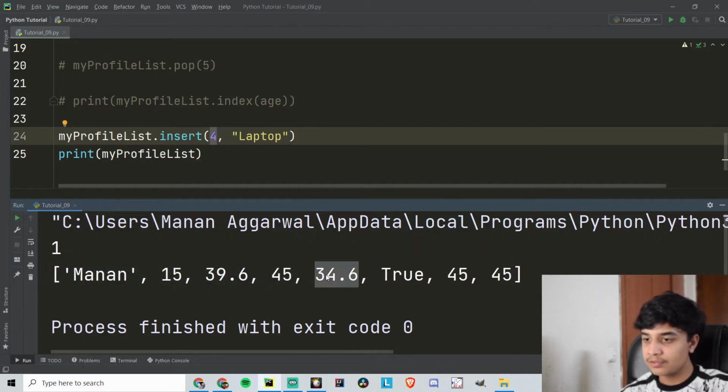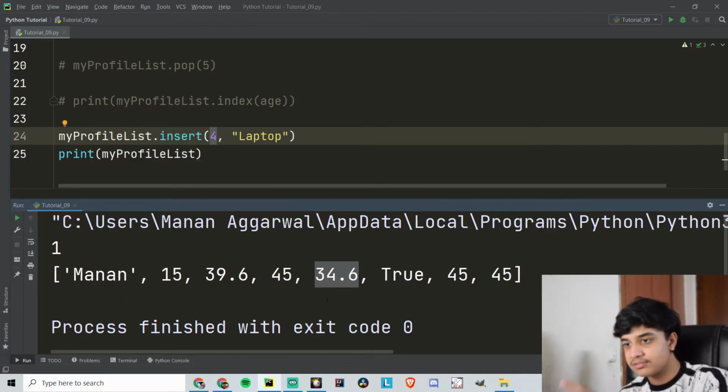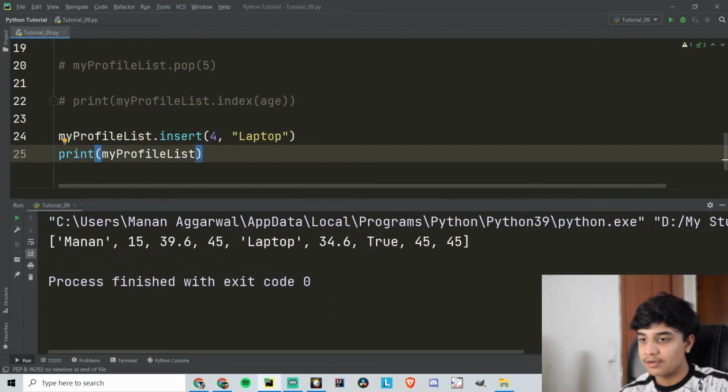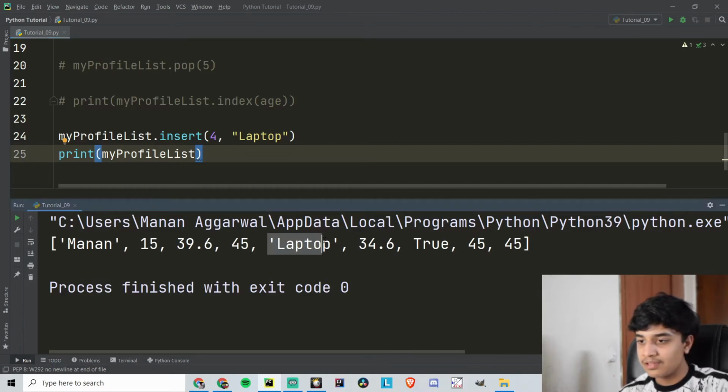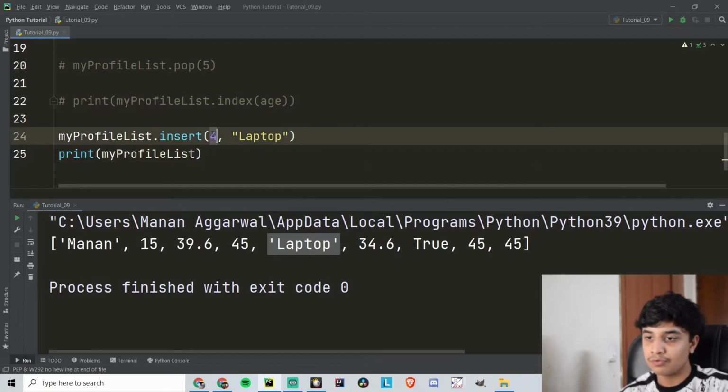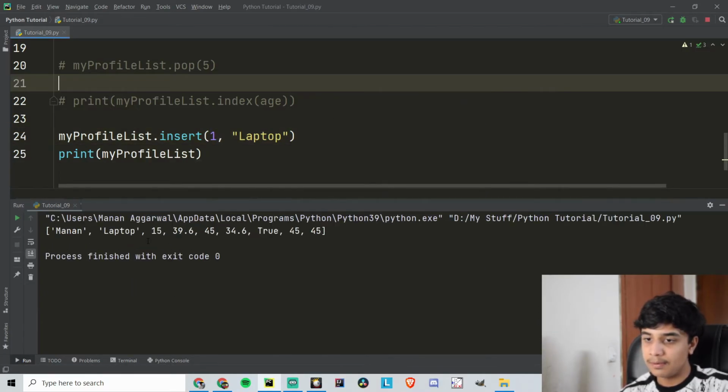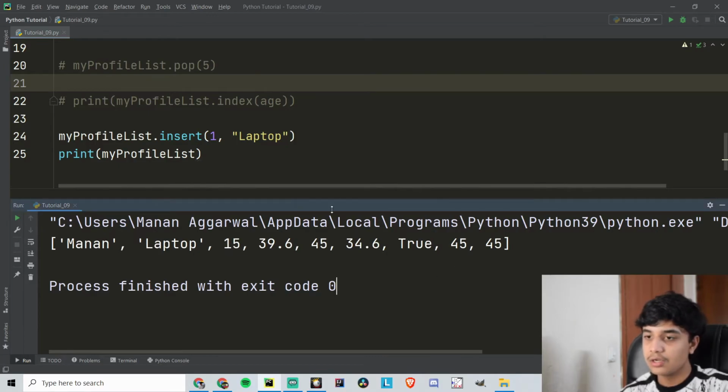So instead of 34.6, laptop will be printed, and 34.6 will have the index of 5 now, and this list will be extended towards the right. Now laptop is added in the middle, wherever the index is. I have used 4, but I can use any index. If I use 1, then it will replace 15, that is my age. So that's how some functions work.